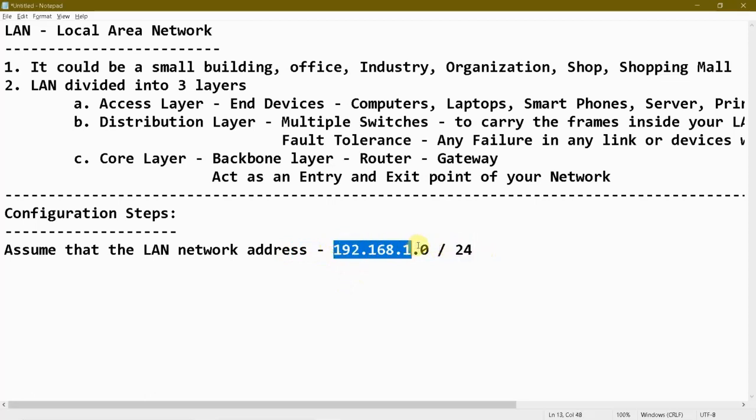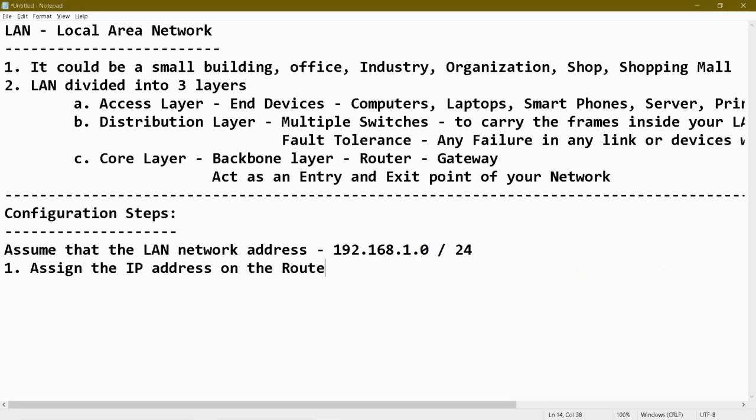Actually, your IP address contains two portions. One is the network portion and the other is the host portion. And it has four octets. 1, 2, 3, 4. Four octets. Octets means 8 bits. Okay. So 8 plus 8 plus 8 plus 8, so 32 bits. As I said before, this is class C. So for class C, by default 24 bits. 24 bits in the sense first octet, second octet and third octet are for network and the last octet is given for the host. So first step is going to assign the IP address